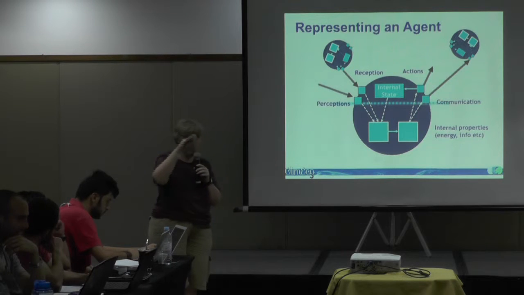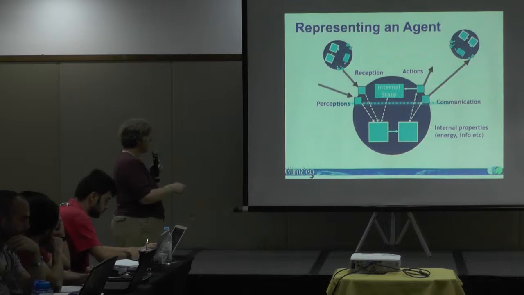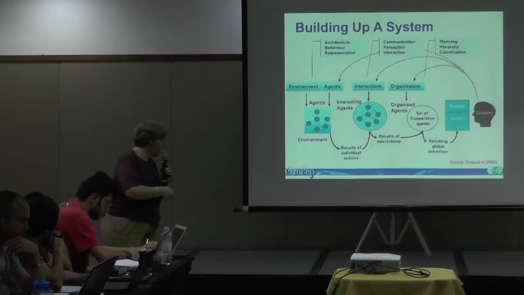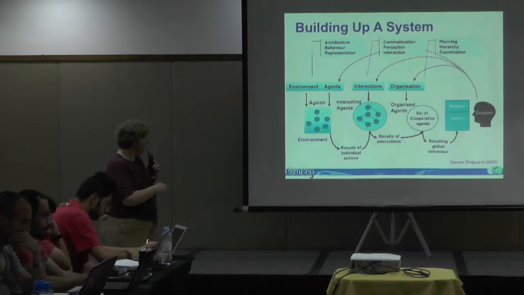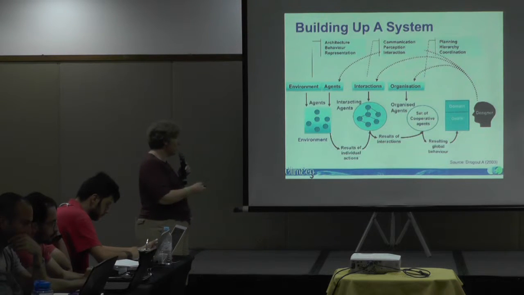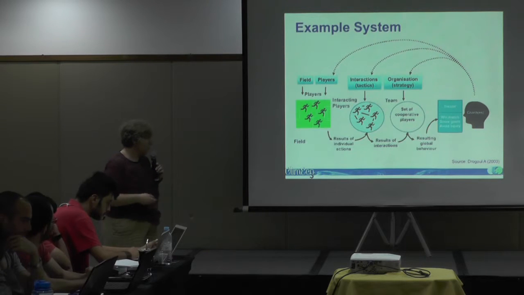So it's a set of very simple rules about trying to balance the internal information that we have with regard to the actions that it can take. An example of this would be an environment with agents in it. If those agents can interact, based on the results of those interactions you get some outcomes and some organisations coming along, and there can be simple rules dictating planning, and how those rules might change under certain interactions.